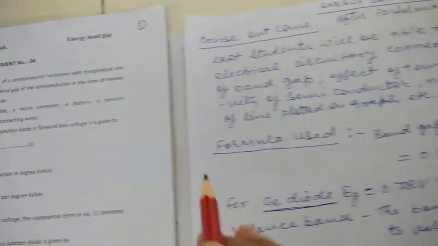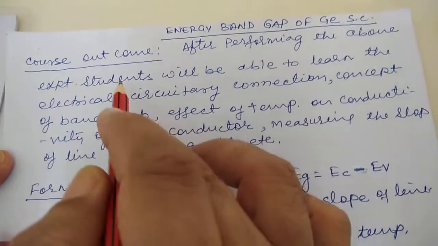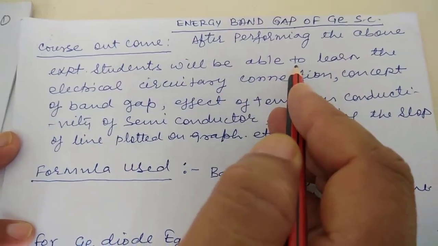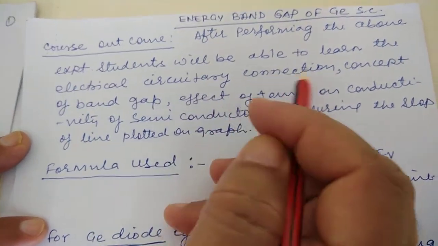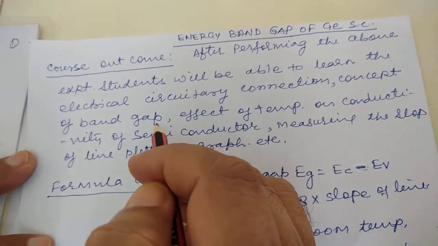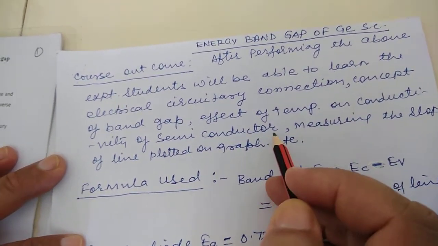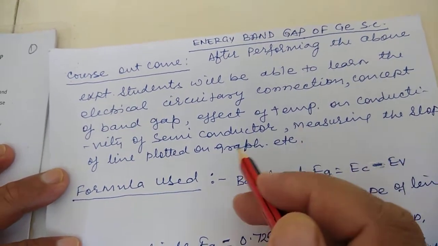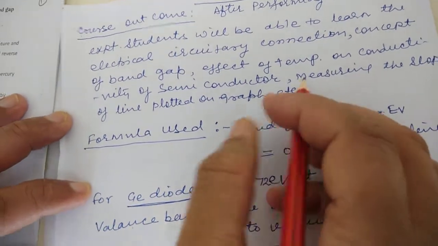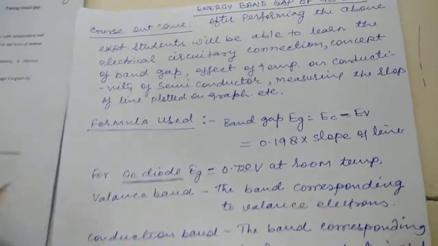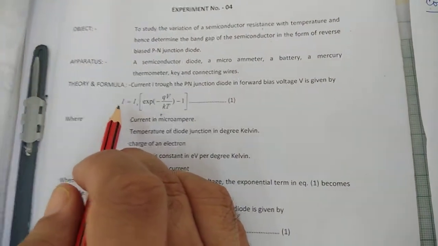The course outcome of this experiment is as follows: after performing the above experiment, students will be able to learn the electrical circuitry connection, concept of band gap, effect of temperature on conductivity of semiconductor, measuring the slope of line plotted on graph, etc. For the calculation of energy band gap, we have to use the formula I is equal